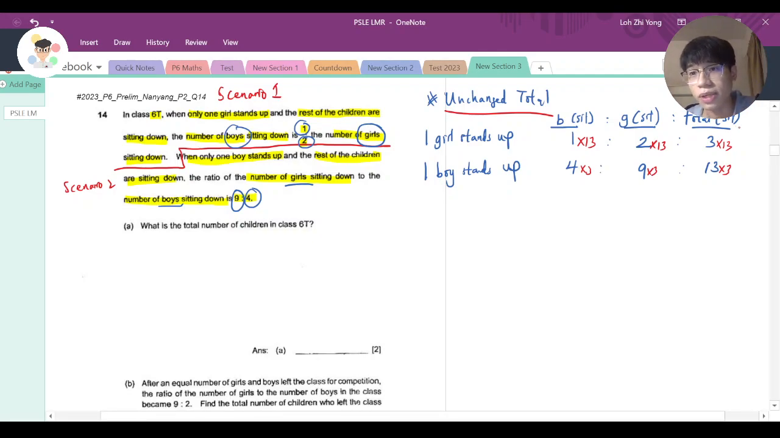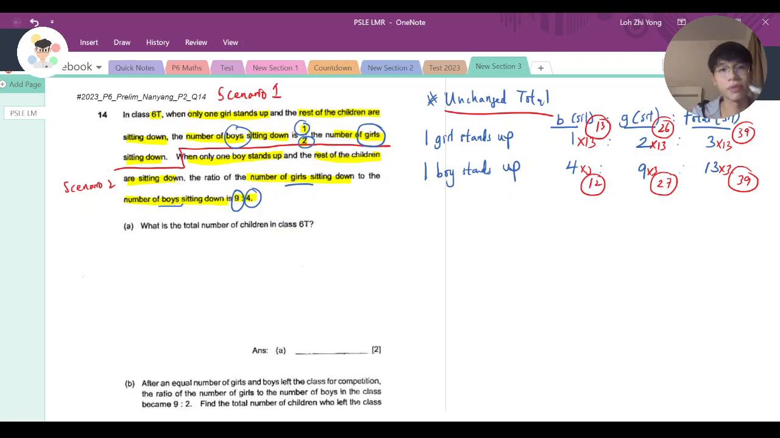So the new ratio now will be 39, 26, 13 here, 12 here, 27 here, 39 here. Now, you need to understand that this is our ratio. It means that it might be the exact number of students here. It might not be, okay? But interestingly, you can see that